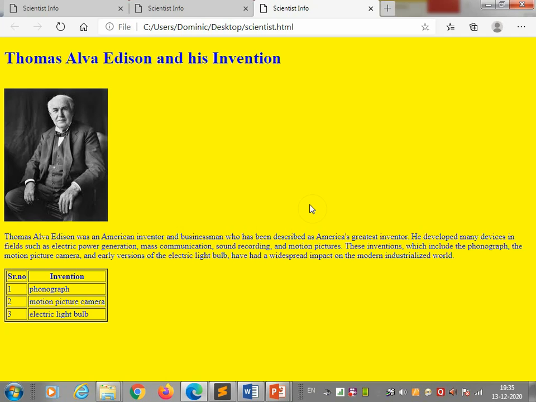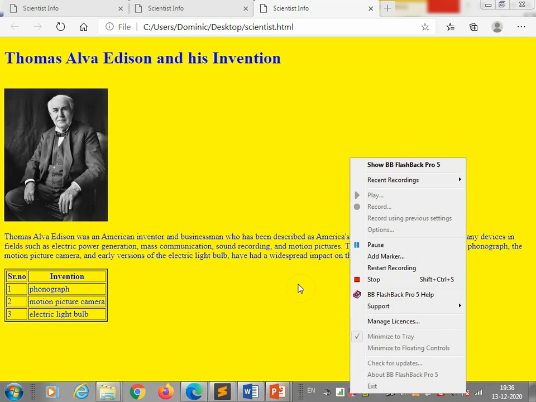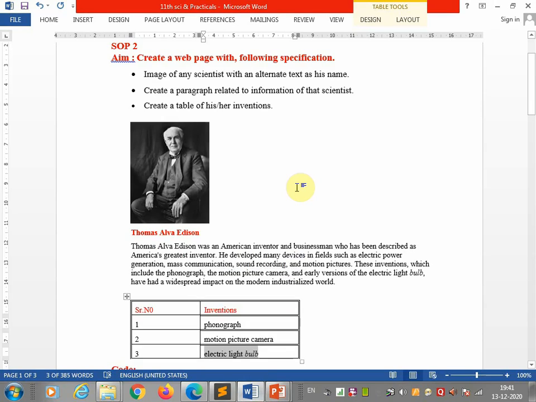In the final exam you will get 20 marks for practicals and 80 marks for the paper. So one practical you are going to solve, and with the correct code and the output, you will get full marks. So this is the first practical we have finished over here. I hope you understood this practical. Okay, now we'll see the second practical,